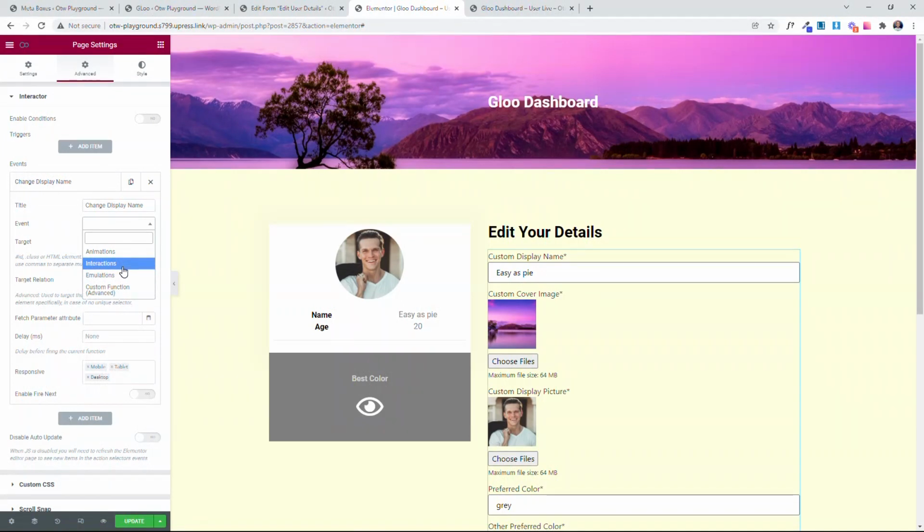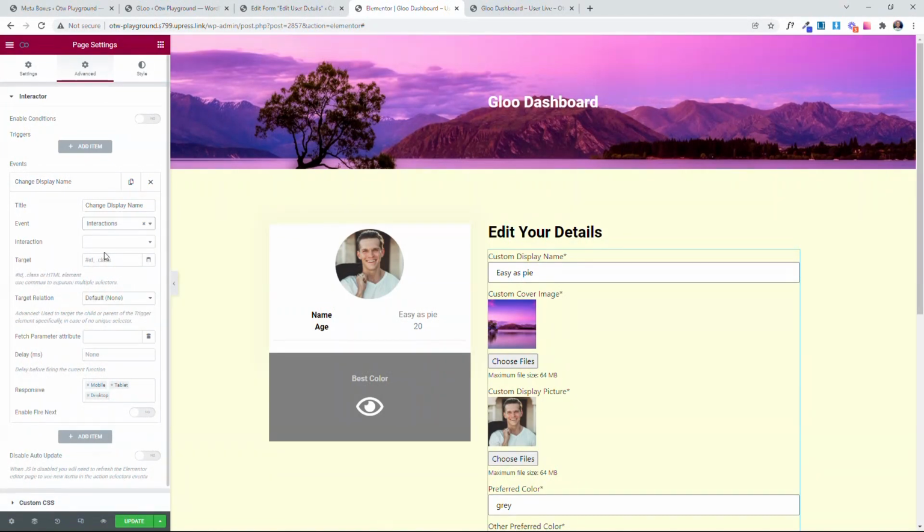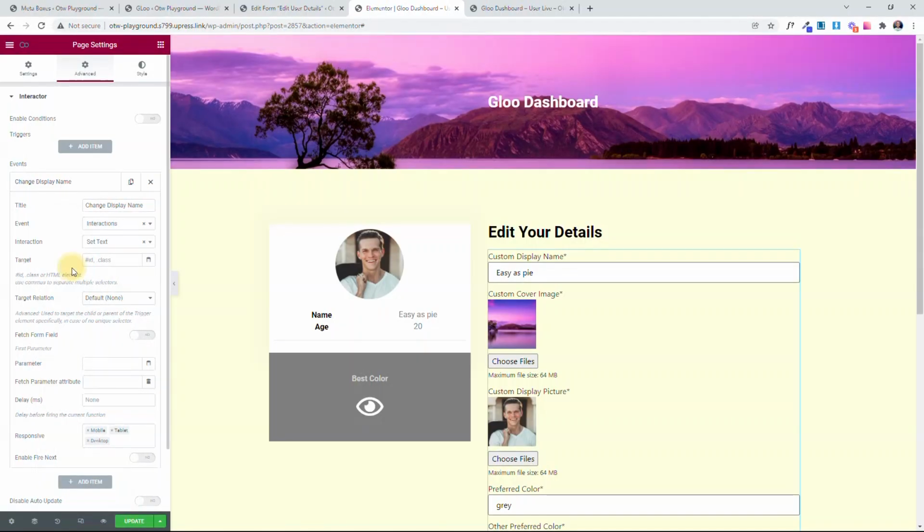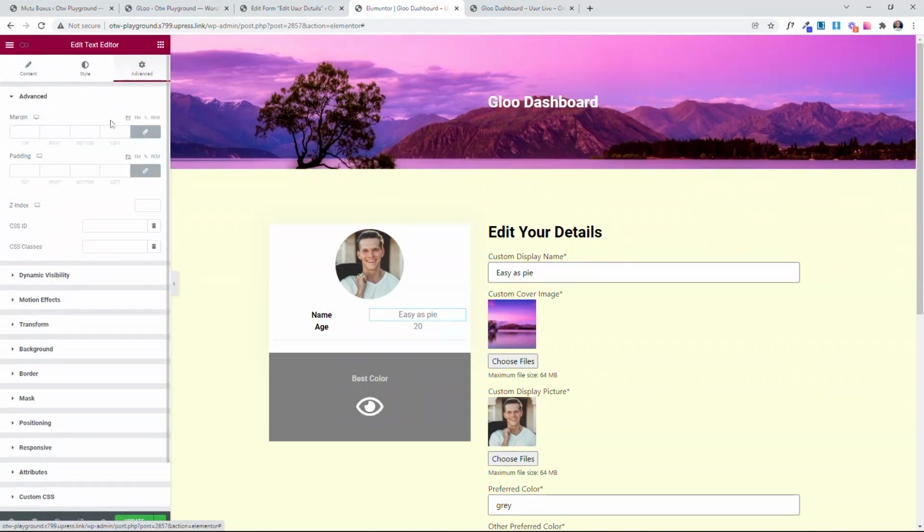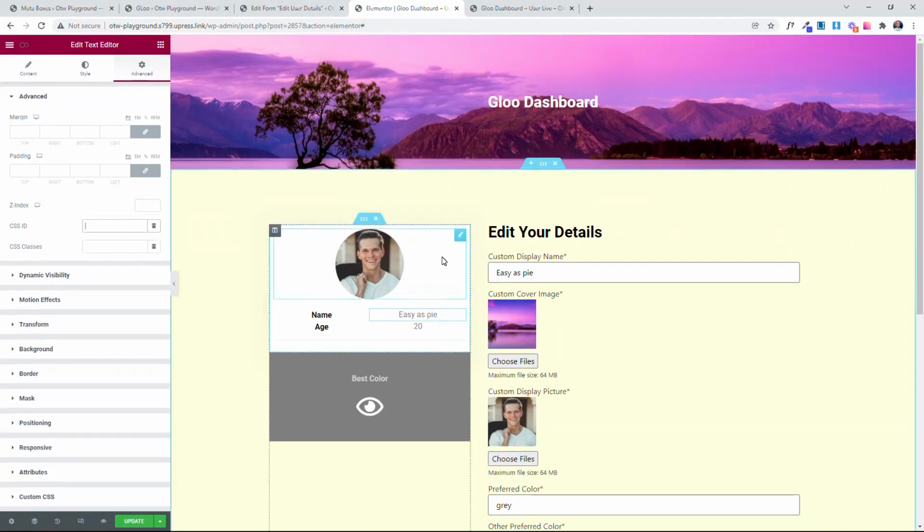Good. Now, there are a ton of events that can happen. There are animations, there are interactions, there are emulations, but for this purpose, we need interactions. And what interaction? Scroll down. Here is set text. Select that. Set text. This text. Easy as spy. So, let's select easy as spy. Come into advanced and give it an ID. Let's call it easy S